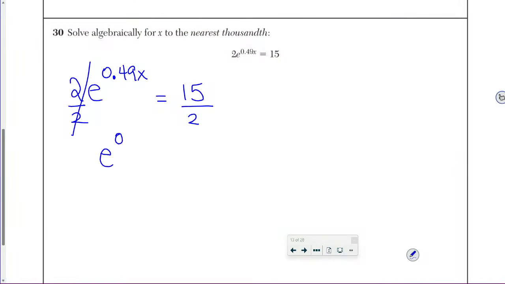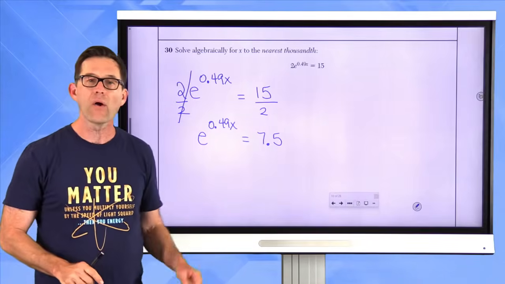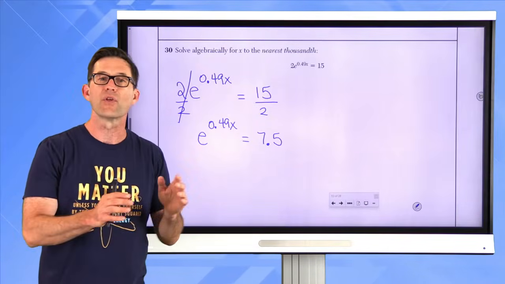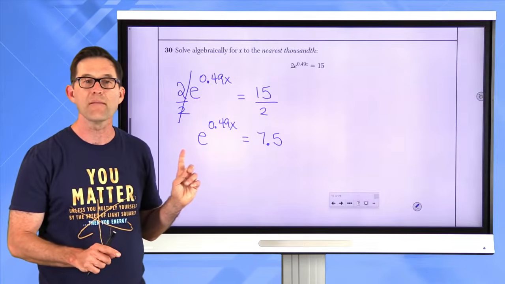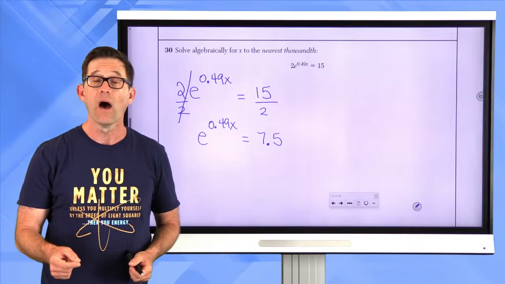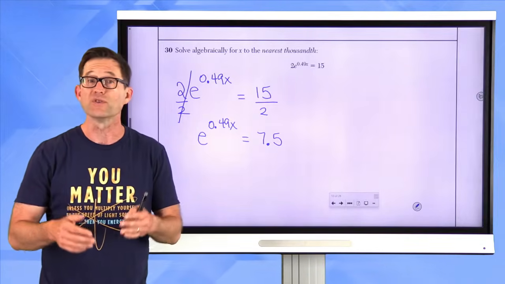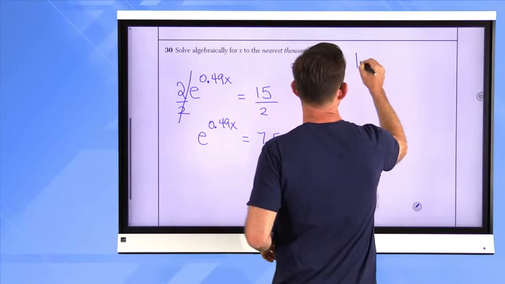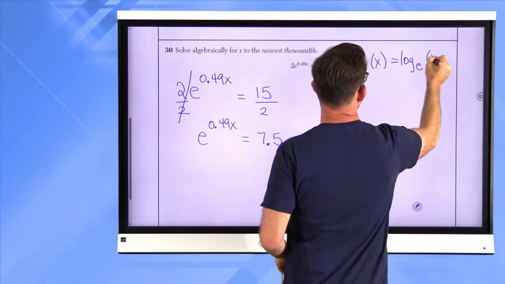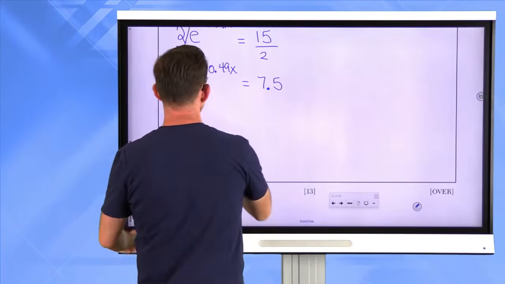That's going to give me e to the 0.49x. And look, 15 divided by 2, not the nicest number, but I think I am going to convert that into 7.5. Now, how do we get rid of an exponential? The way that we get rid of an exponential is we take the logarithm of both sides using the same base as the exponential. In this case, since its base is e, I'm going to take the natural logarithm, which is the log base e. Remember, ln of x is the same as the log base e of x. So I'm going to literally take the ln